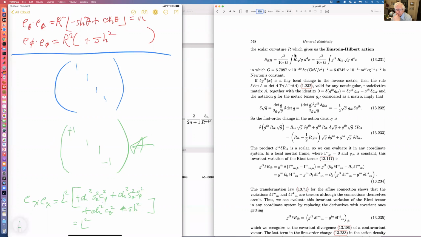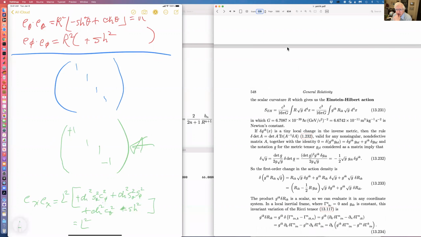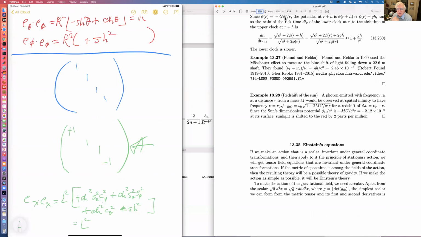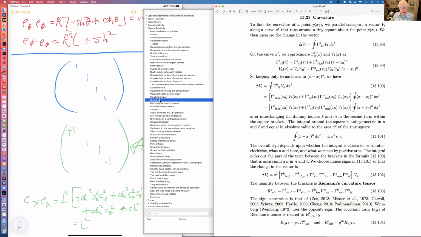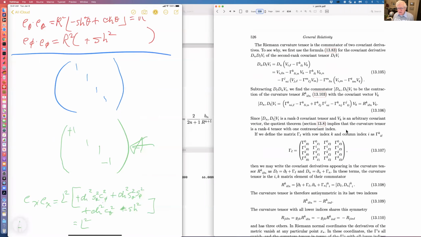And that scalar is called the scalar curvature. You remember that, actually, maybe I should go way back here, or I jumped ahead too fast. We talked about curvature, and the